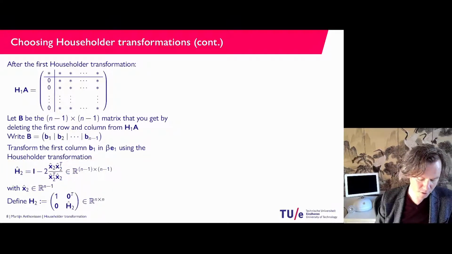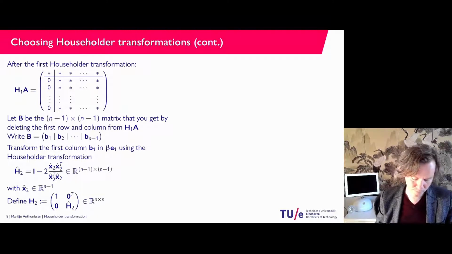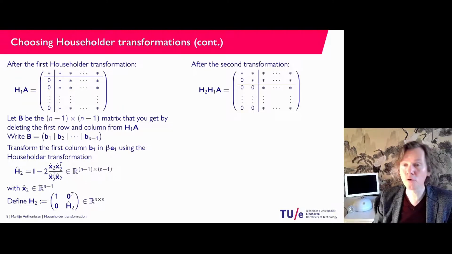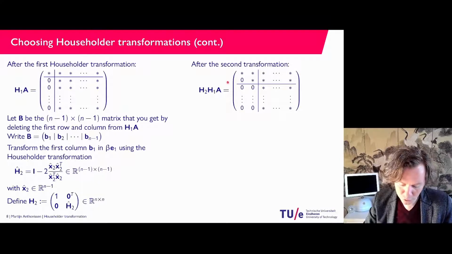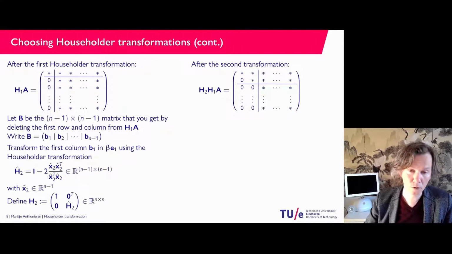And we can extend that to a full H2, to a full matrix, if we just add a 1 at the top left and zeros in the first row, zeros in the first column. And if you apply that to the original matrix, so you do H2 times H1 times A, then you also create zeros here, and you keep the zeros in the first column, so you don't spoil them, you don't destroy them. And then we have an n-2 times n-2 lower right block,